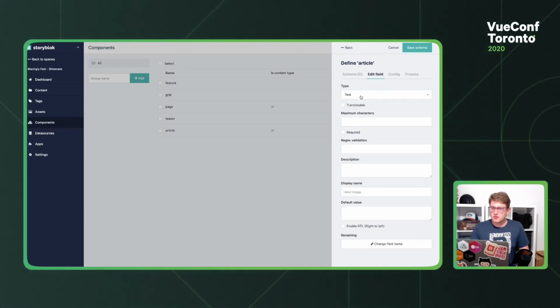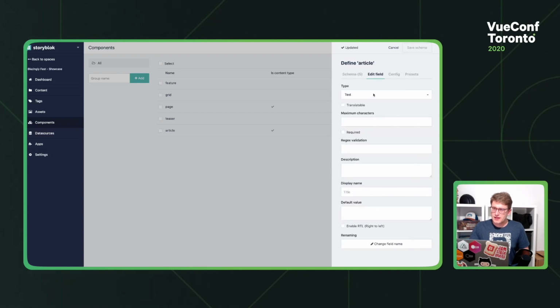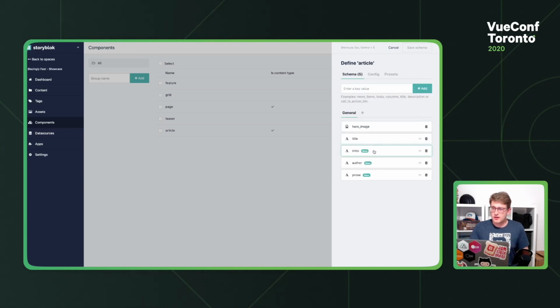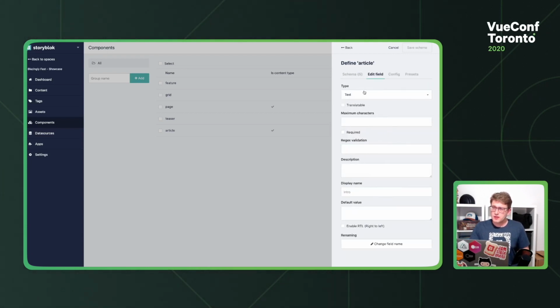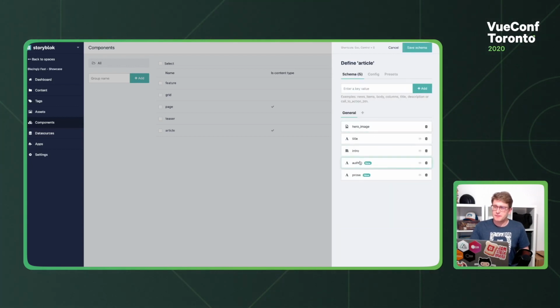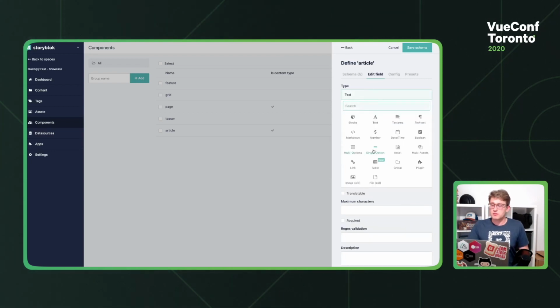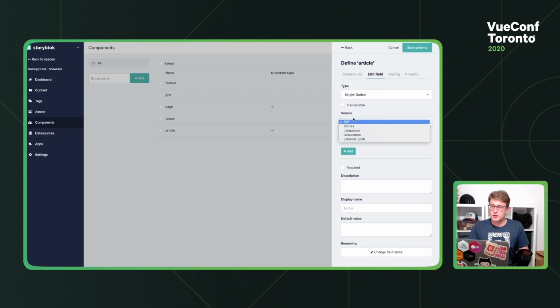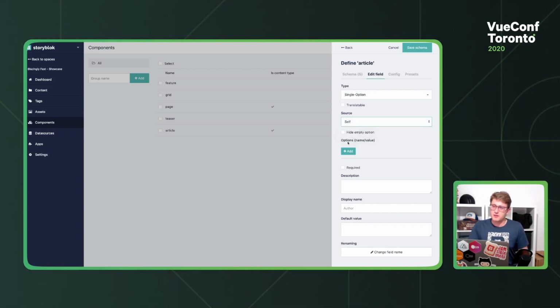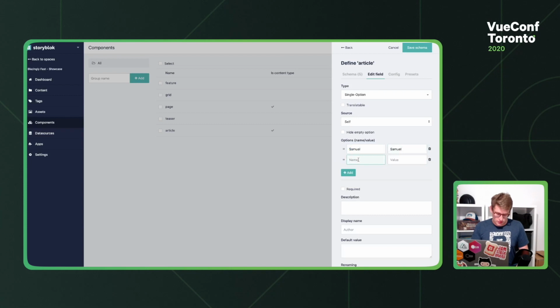The hero image, as you can guess, will be an asset, and it will be an image. Then the title, the text is quite good, so I'm not going to change that. For the intro text, I would like just longer text without any styling. The author, there are many ways to implement an author, and I will go for the most simple one right now, a single option. And as a source of the single option, I would just define a few options. So let's do my name, and let's add also Dominic,